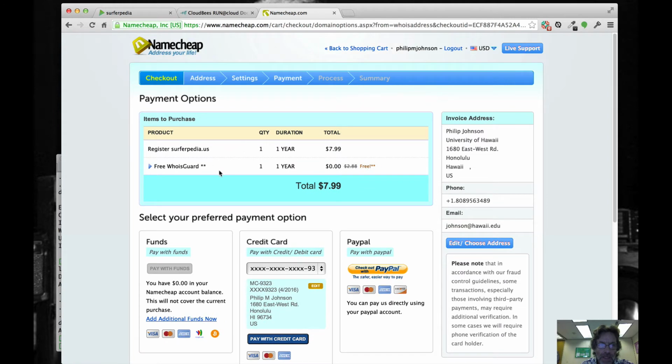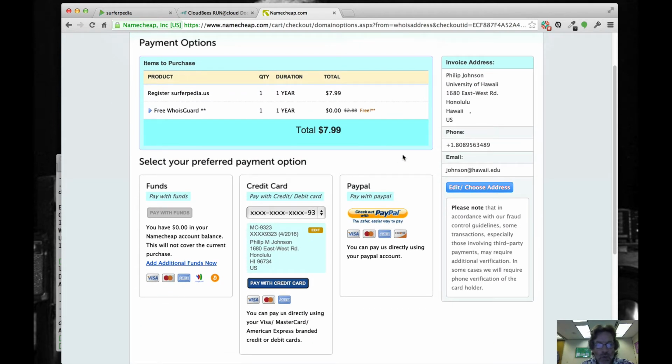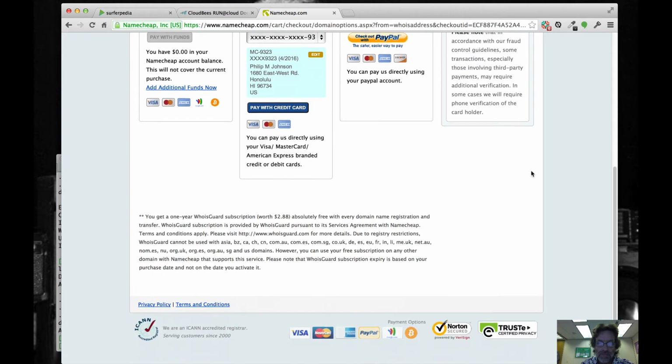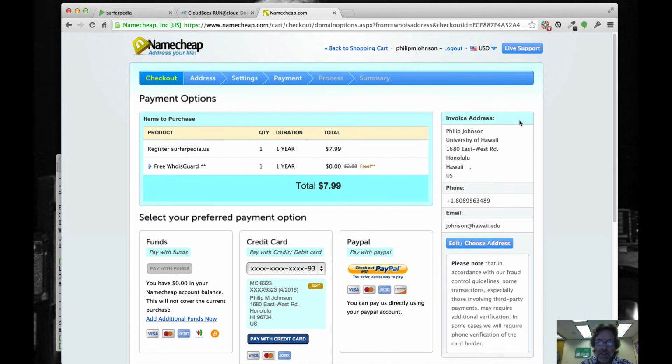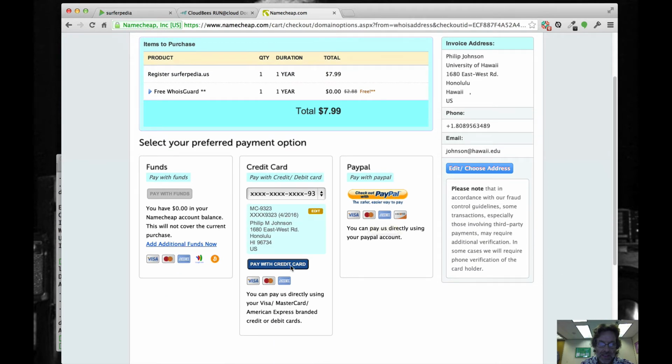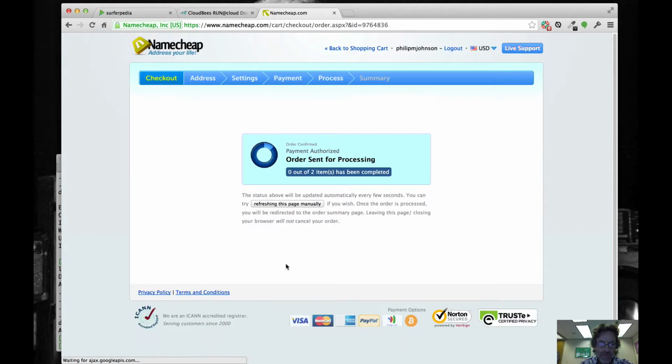And we get to the payment page. So it's going to be $8 to do this. I don't require you to buy much in the way of textbooks and so forth, so I am going to ask that you plunk over the $8 just to prove to yourself that you can go through this whole process. It's kind of sad to spend $8 for this, but I think at the end of the day, it's a worthwhile investment just to prove to yourself you can do this. So I'm going to pay with a credit card,